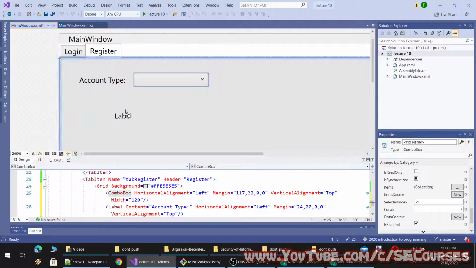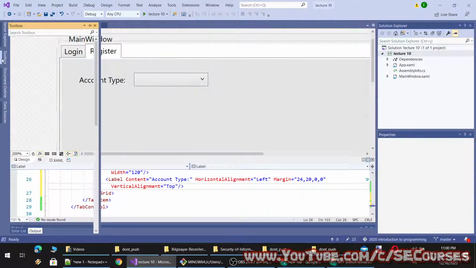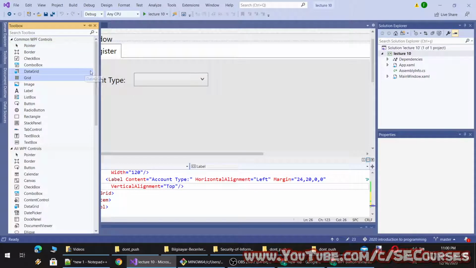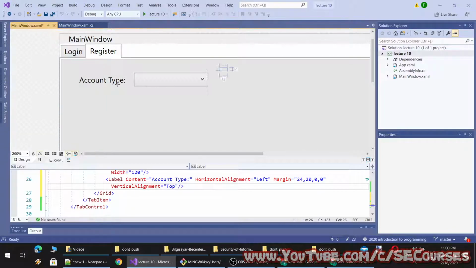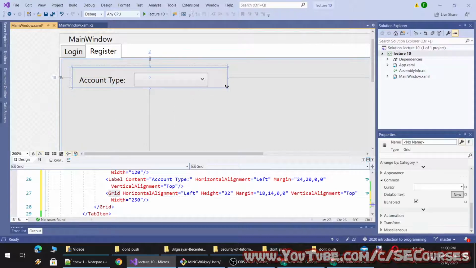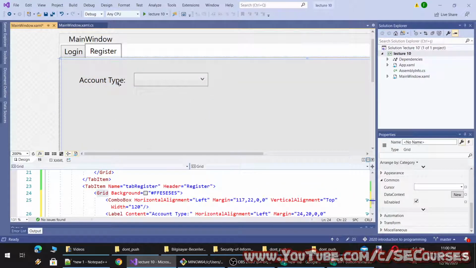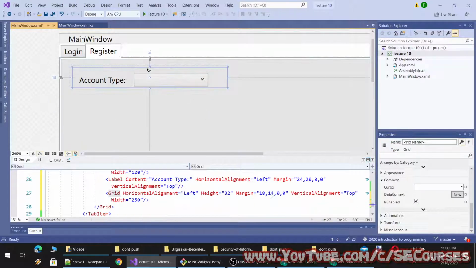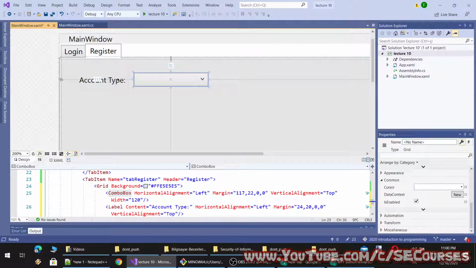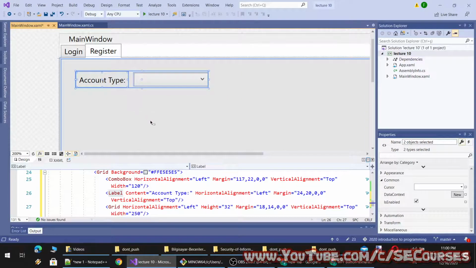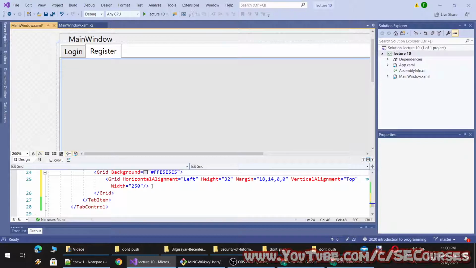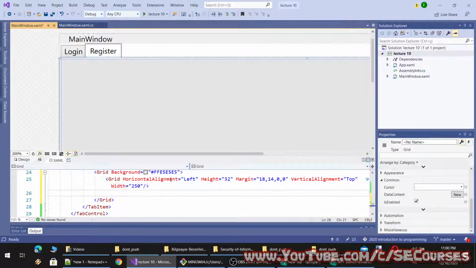I am going to add, by the way, we can make this inside a grid. So make them like a grid, like this. So they should be automatically positioned. You see, it is not inside the grid yet, so I have cut them and pasted them into the grid.